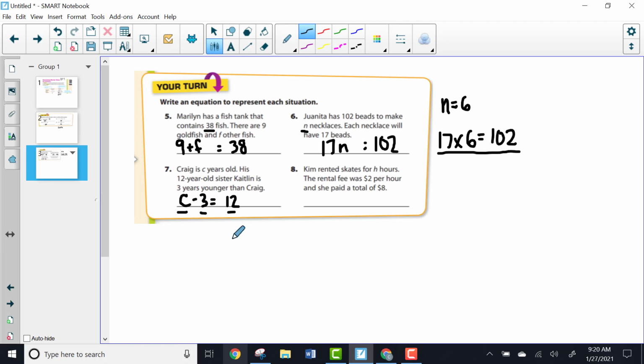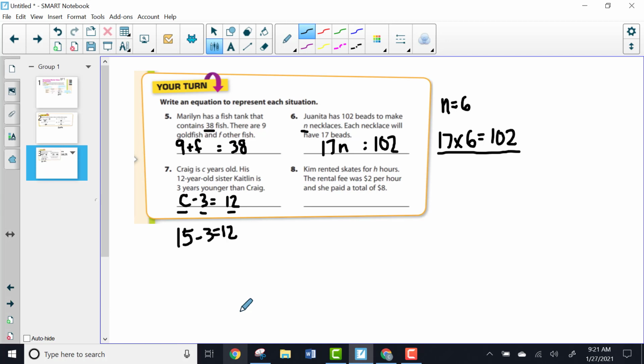What would be a solution to that? We would need to think about what number minus 3 would give us 12. And so let's say 16, for example. 16 would not be a solution because 16 minus 3 actually gives you 13. However, a solution would be 15 because I know 15 minus 3 equals 12. It's as simple as just plugging in a number and then working through the problem and making sure it matches up there. Now the final one, number 8, it says Kim rented